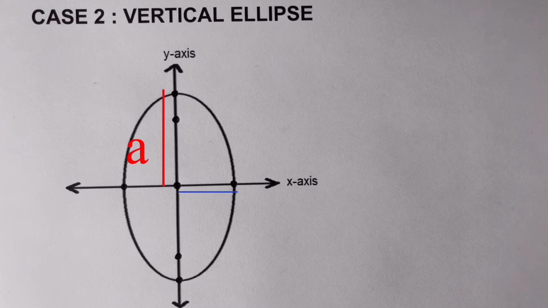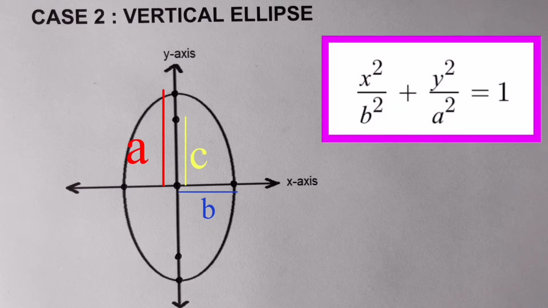This is half of the minor axis, which means this connects the center to the co-vertex, or one of the co-vertices. And we're going to label this as our B. Now, we also remember that the distance from the center to the focus is represented as letter C. Now, using these lengths A and B, we can therefore say that our equation for a vertical ellipse is x